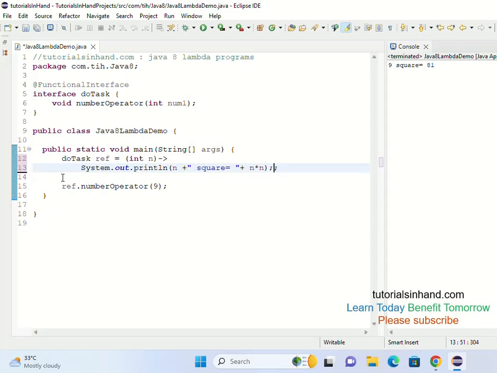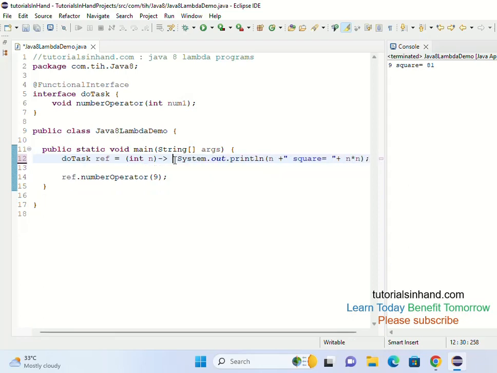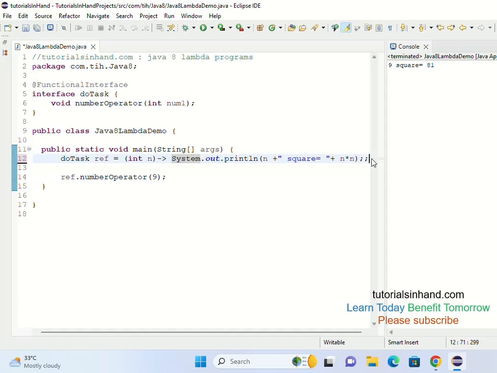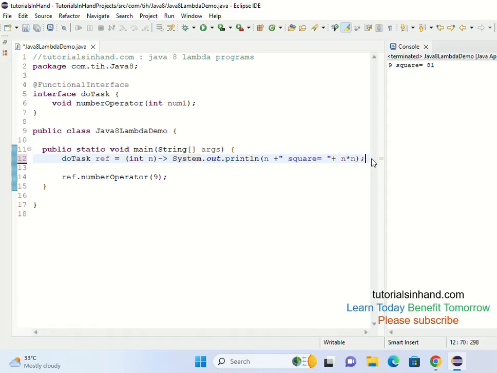Earlier, since we had two lines where we were storing the value of a square in result, we were having two lines, so the bracket was needed. But here we have just one line, so the bracket is not needed, and we can have it on a single line. Now you see, this is the optimized lambda expression. And to end any statement, you just need a single semicolon, so remove one semicolon as well. So this is something which you get.